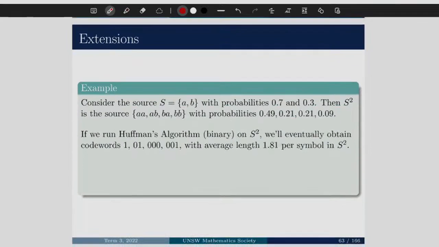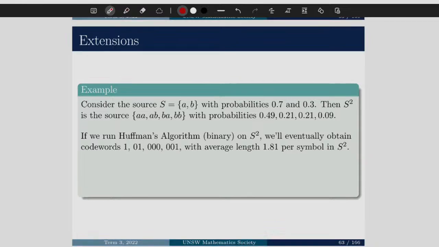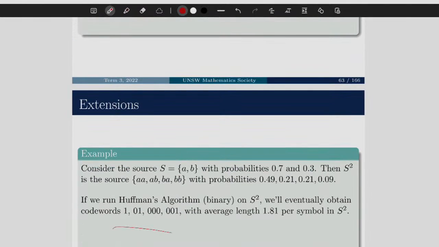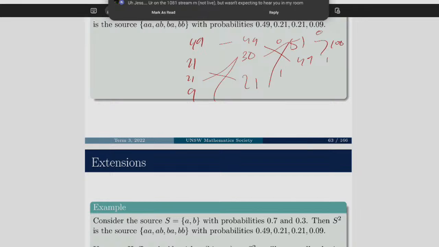However, if I was to run this through Huffman's algorithm, then we'll naturally obtain these, right? And just to prove that, if I have 49, 21, 21, and 9, this together, that's going to be 30, 49, 21, 51, 49, 100, right? 0, 1, 0, 1,